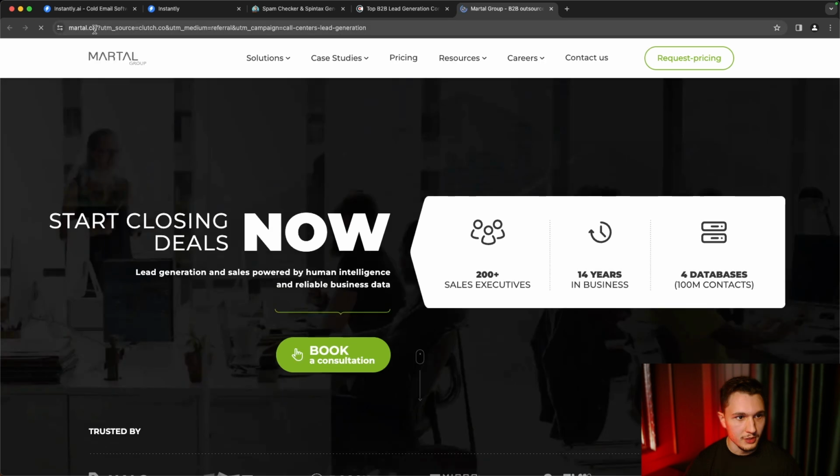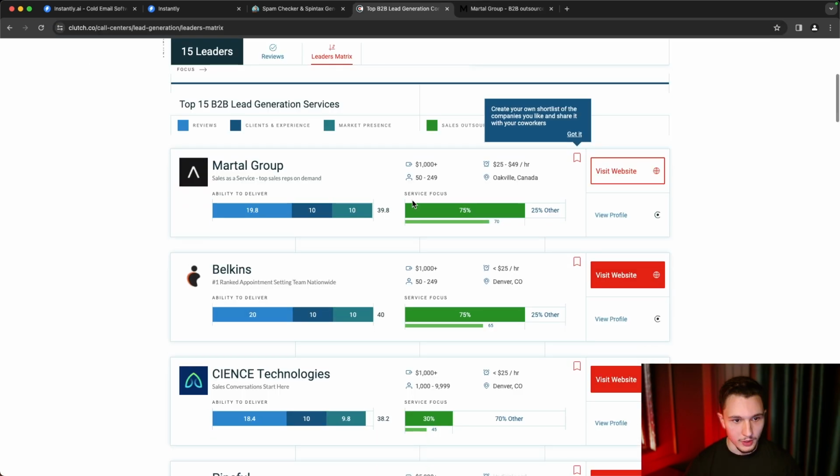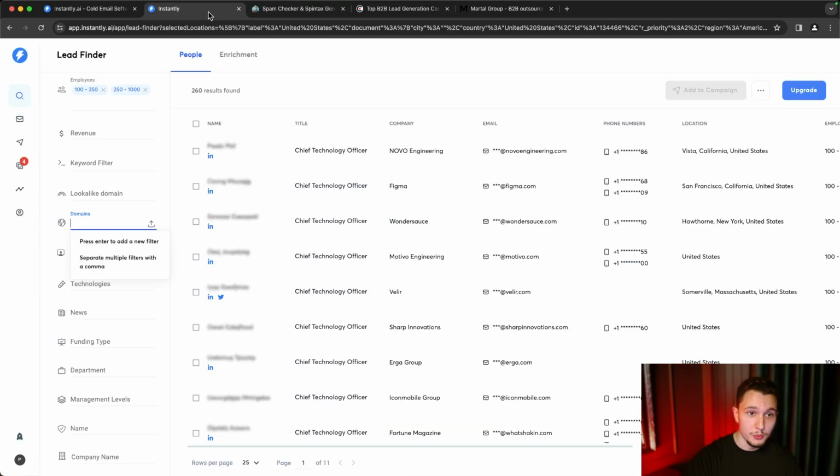So for example, in this case, mortal.ca, we will take the next one, which is what? Belkins, and then Science, Pipeful, and so forth. We would copy all of the websites. Then we would bring it back to Instantly, paste them all in here, right, in the domains. And now we are able to scrape only the position titles inside the companies of these specific domains, which is